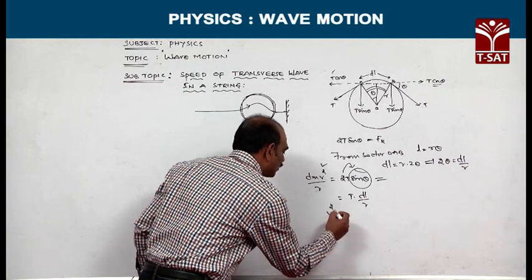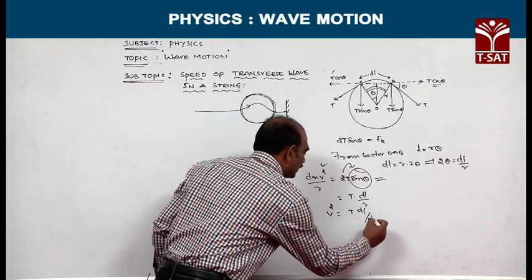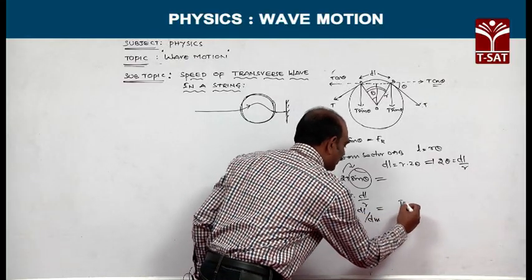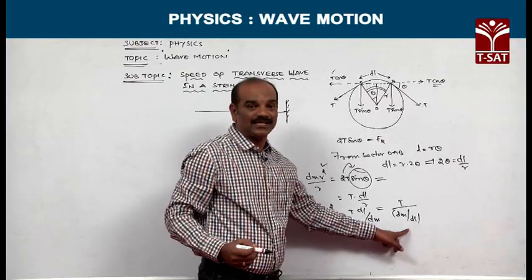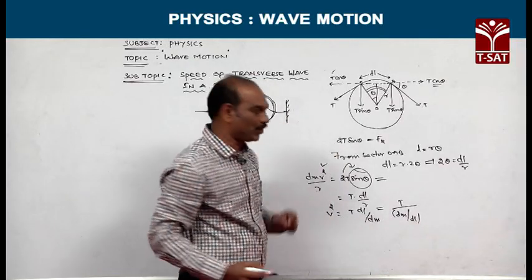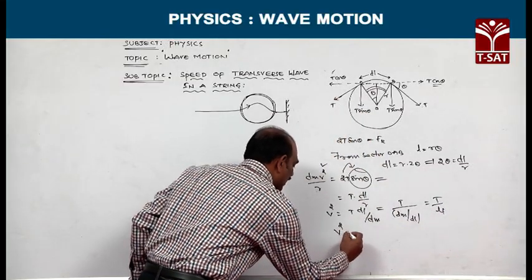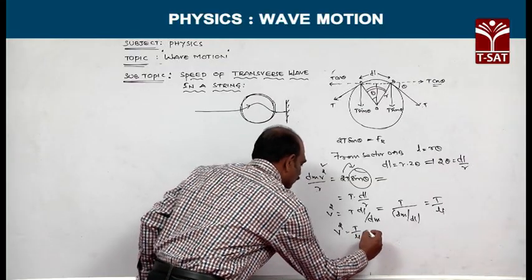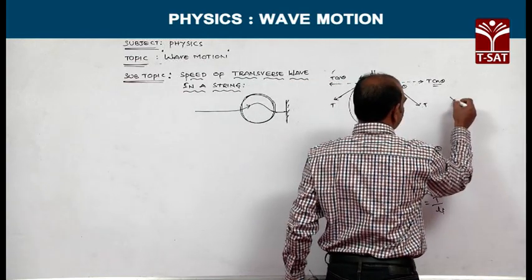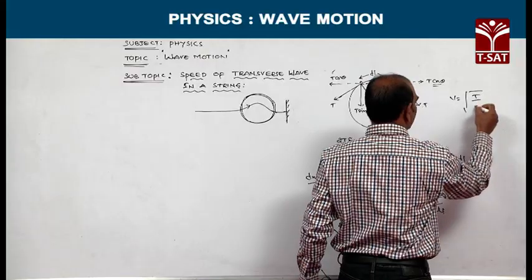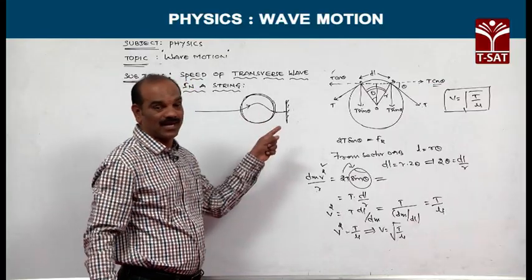So v square is equal to T, r gets cancelled over here, dl by dm, which is equal to T by dm by dl. Here dm by dl is nothing but mass per length, which is represented by mu. Therefore v square is equal to T by mu. From this, v is equal to the square root of T by mu. Therefore v equals root of T by mu is the formula used to calculate the speed of a transverse pulse propagating through a